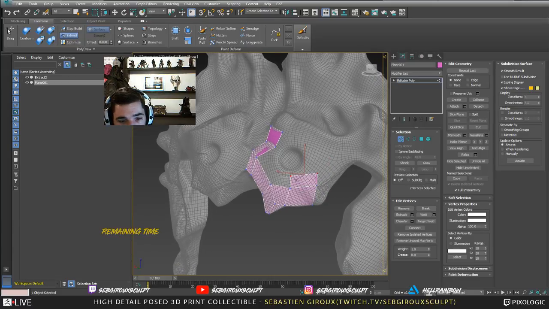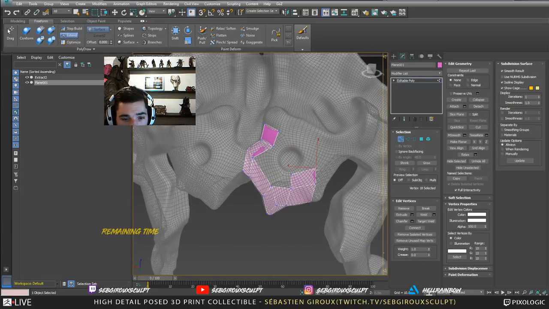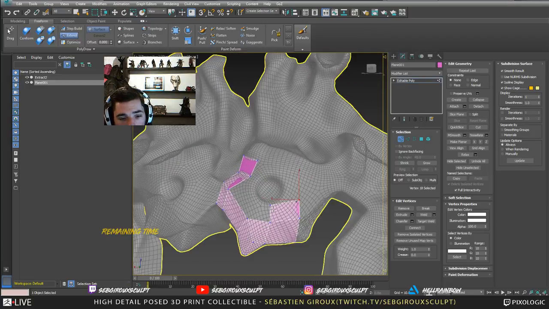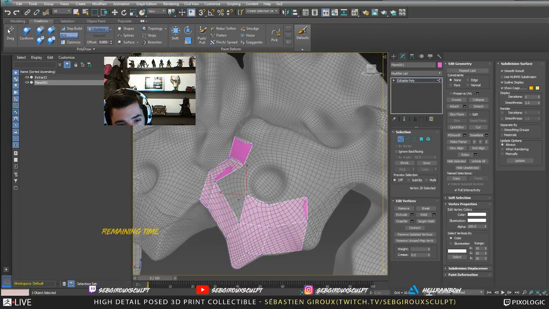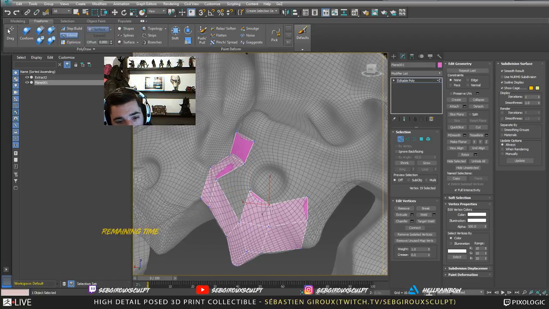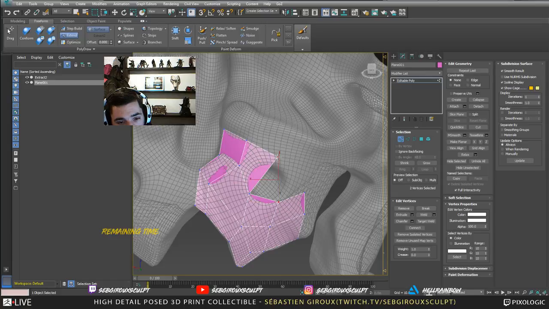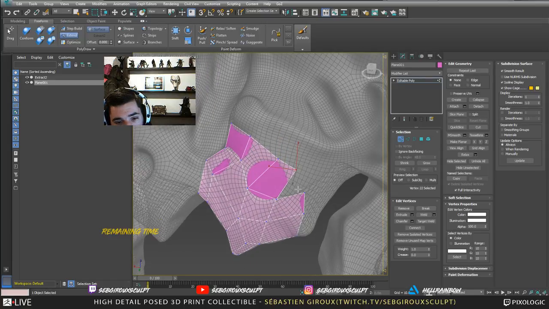Sometimes, like for this, even if you see holes and all, I'm taking mental notes: okay, this part I'll go in later with a boolean, so right now I'm just going to cap it,